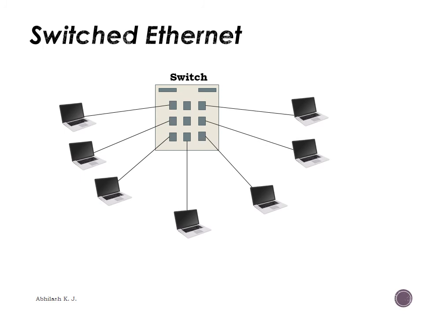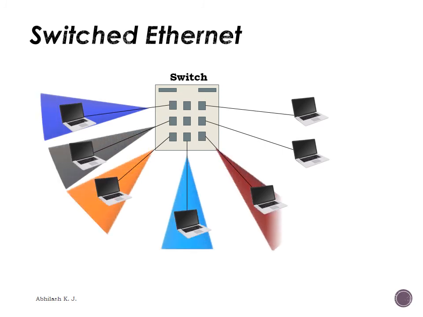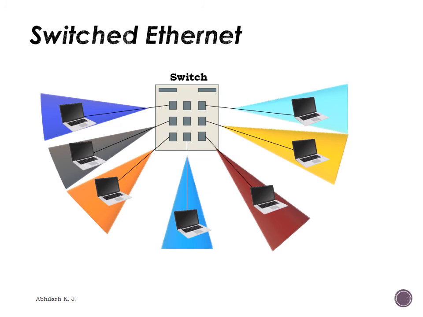So we have considered here around 7 stations connected to each individual switch. Each will have a separate collision domain, so each collision domain involves only one system. Thus, this entire LAN has a capacity of 10 Mbps, which is shared by 2 devices, that is the system itself and the switch. Thus each station will get a minimum of 5 Mbps.